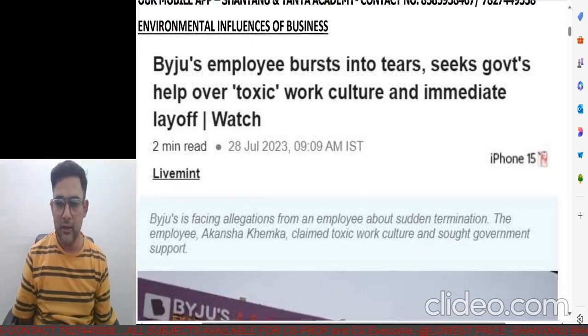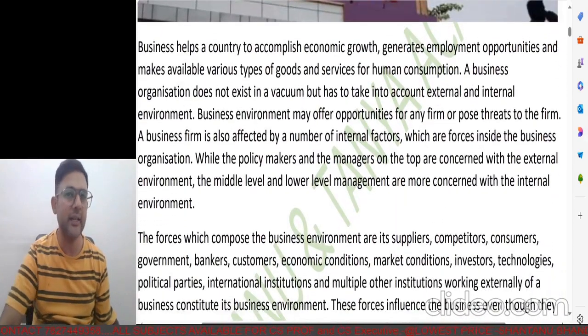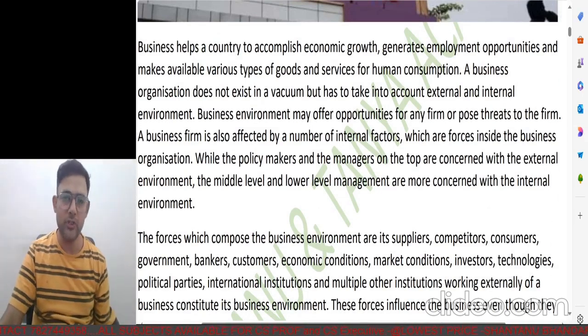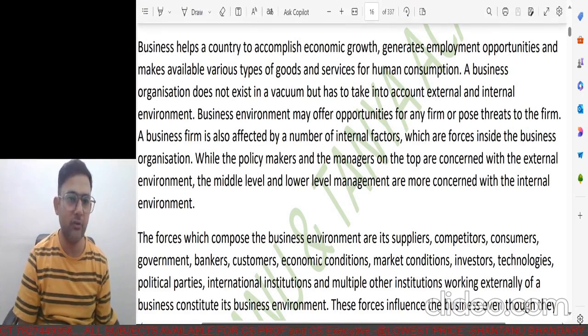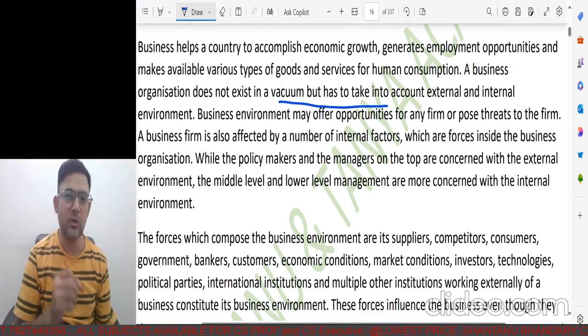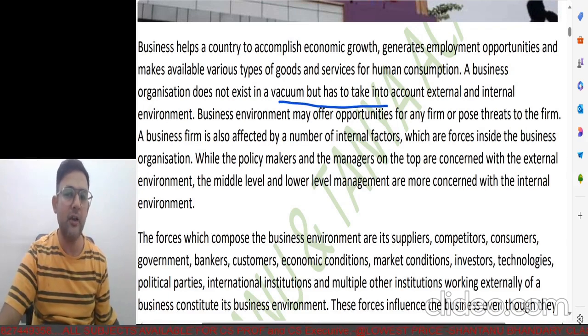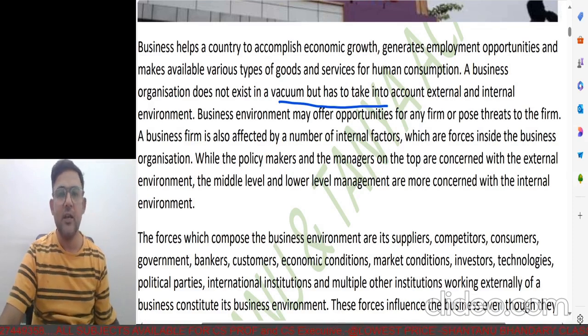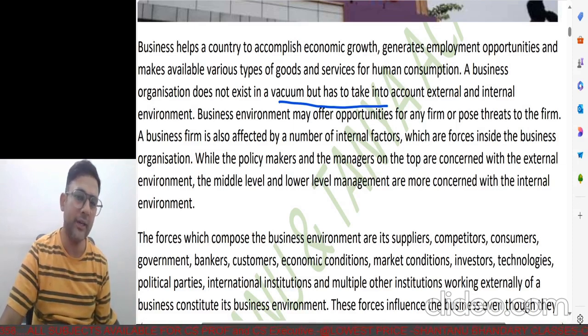Okay. So it says, talking about the introduction, that business really helps any country grow its economy because it provides employment to various people. But a business cannot exist in a vacuum, right? It gets influenced by the environment within which it operates, which is internal as well as external. And the business obviously has to keep in line with those things. The top executives or the board of directors need to make sure that the company policies are aligned with the external forces, while the middle and lower levels are much more related to the internal management.